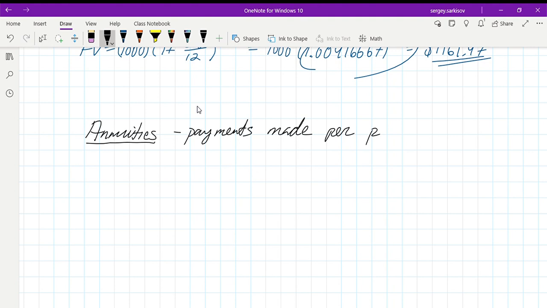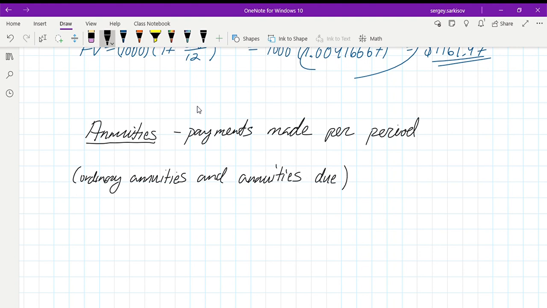So let me simplify to, let's talk about ordinary annuities. There's ordinary annuities and annuities due. We will not have time for annuities due right now, because I'm about to have to teach a class. Annuities due is like when you pay before. So let's say what I mean. Let's say we do per month. You pay at the end of each month. Let's say you're paying